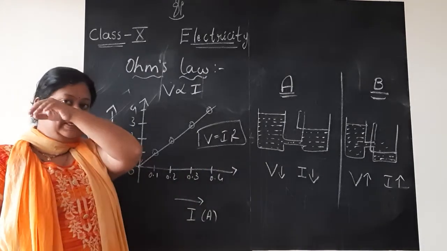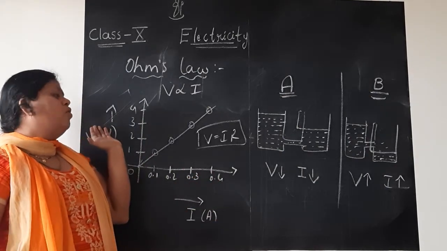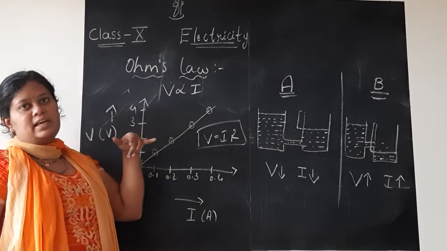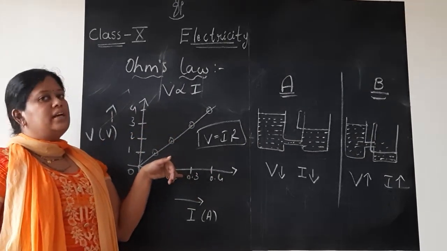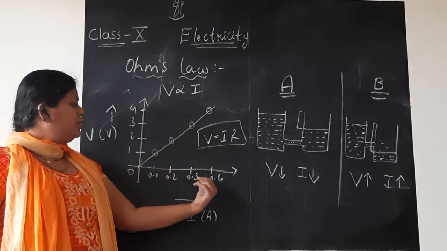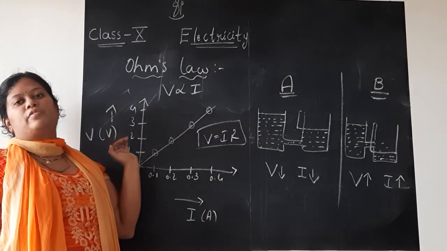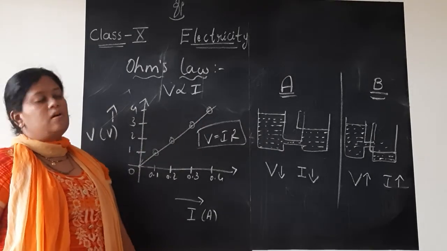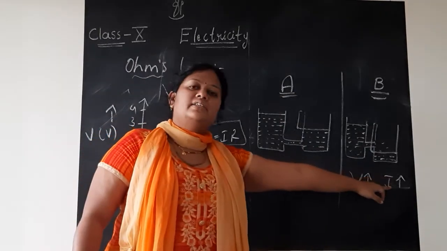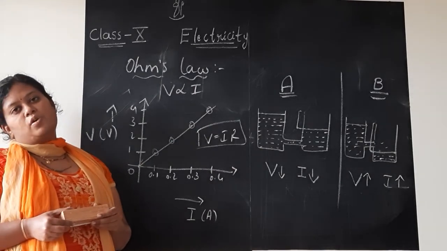Write the graphical representation of Ohm's law means this is how you represent current along the x-axis, voltage along the y-axis. Take equal values so that plotting is easy. They will not ask you to do it on graph sheet again. In the normal sheet where you answer only you should write. So 0.1, 0.2, 0.3, 0.4, 1, 2, 3, 4 if you take, equally you can keep the dots, and when you join with the help of a scale you will get a straight line passing through the origin. The straight line passing through the origin shows that if one of the quantities increases, the other also increases. If one decreases, the other also decreases. So this is about Ohm's law, children.